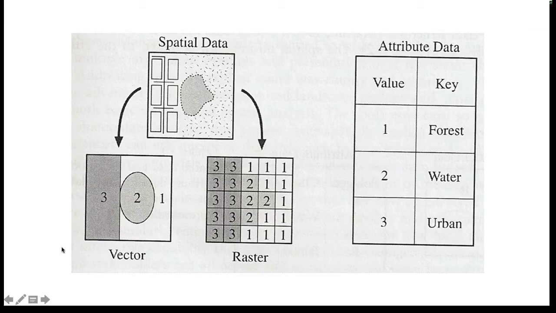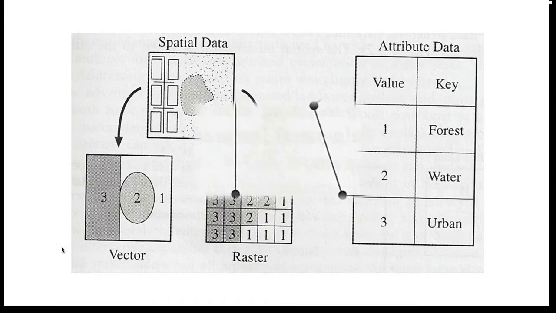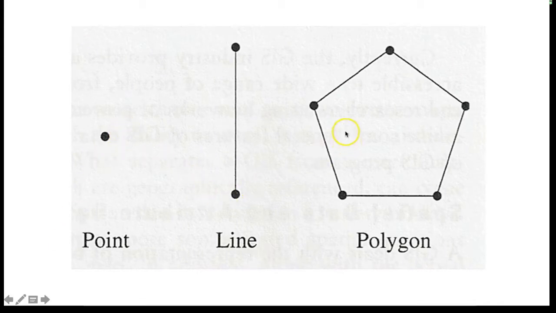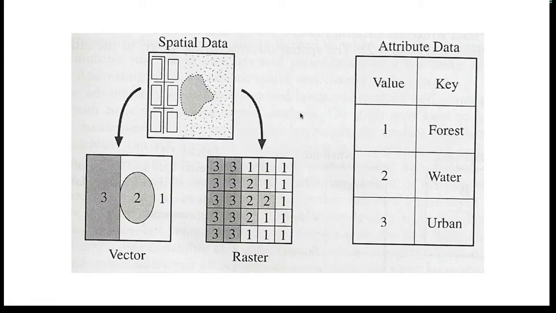There are two different types of GIS data, broadly speaking. There's vector data, which is in the form of points, lines, and shapes, called polygons. And then there's raster data, where instead of the data being stored in the form of points, like the locations of fire hydrants, and instead of the data being stored as lines, for example, highways, and instead of the data being stored as polygons,